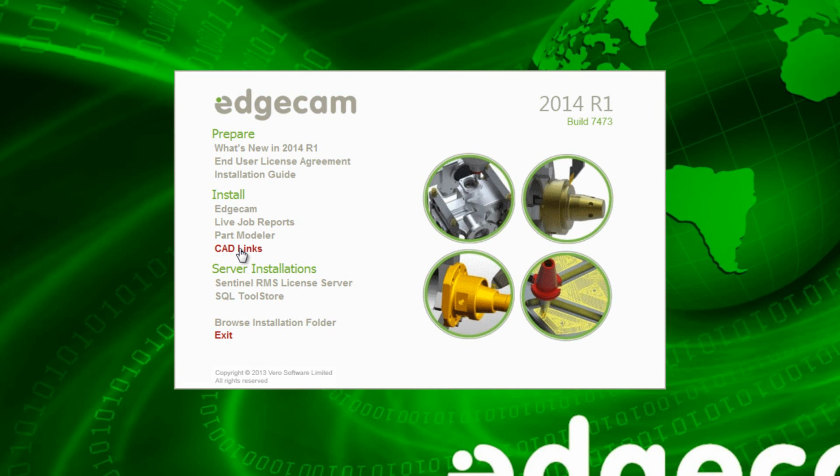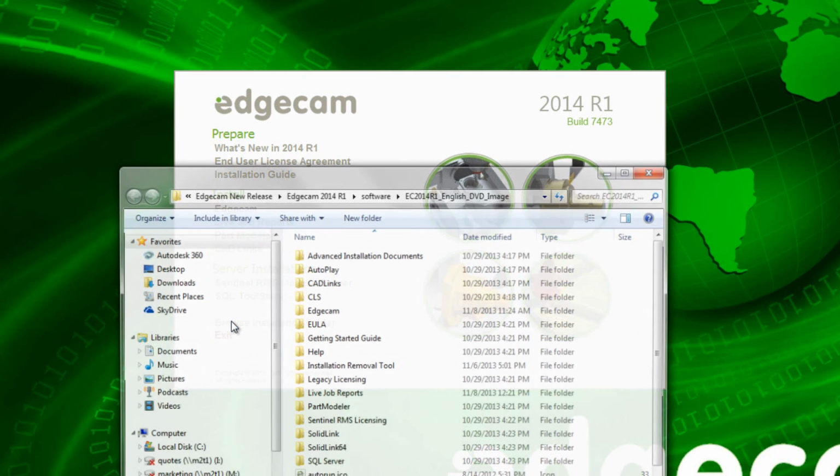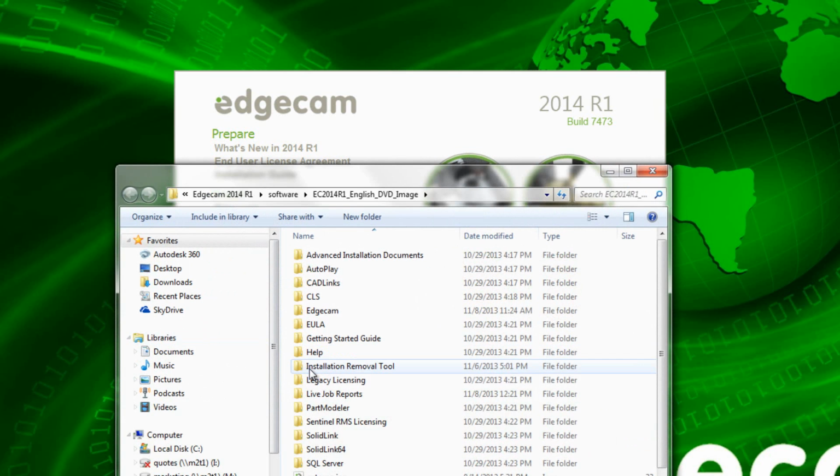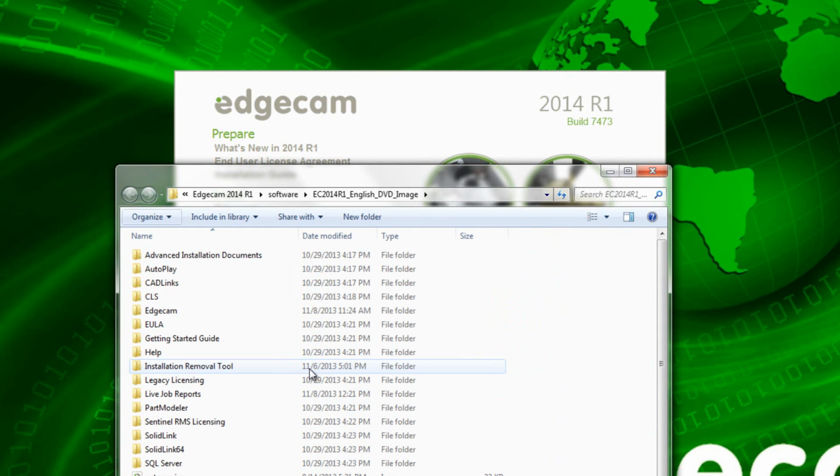One thing I want to point out that's new on the installation navigation screen, right above Exit, is a Browse Installation folder. This will open up Windows Explorer and allow you to see the contents of the folder, and in here notice that there's now an installation removal tool. This folder contains a quick tool to help you quickly uninstall all of the software pieces that were put on